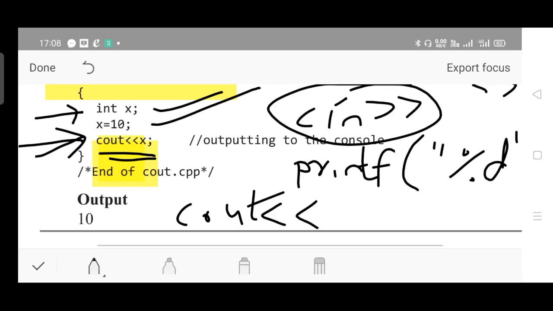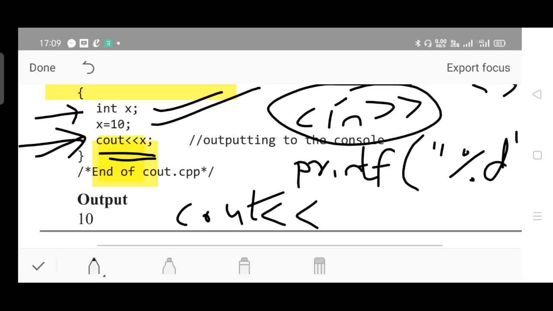Cin will be equivalent to scanf. Cout performs a task equivalent to the printf statement. So cin should be equivalent to scanf. What does scanf stand for? Reading the data, inputting the data. Scanf does the inputting or reading task.